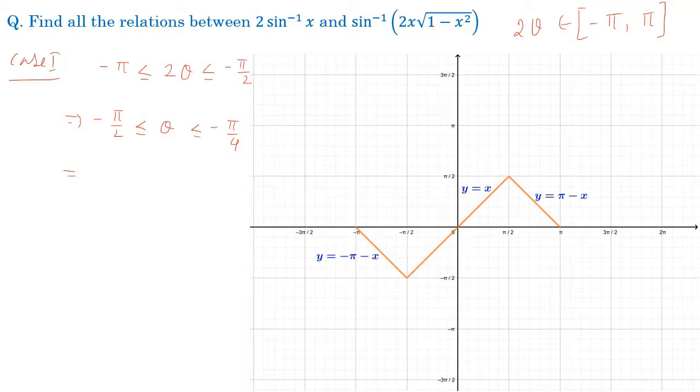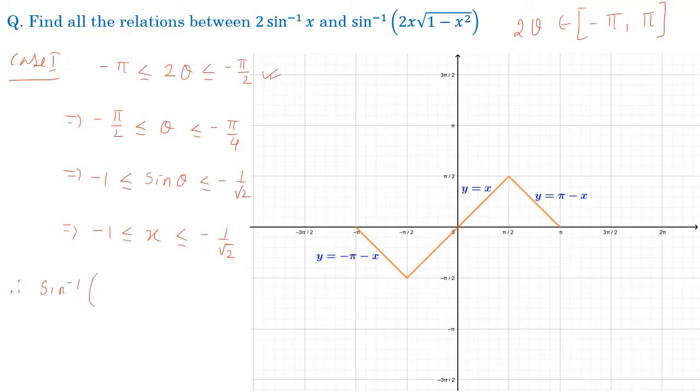Then take sine in all of these terms. So sine of minus pi by 2 will give us minus 1. Sine is an increasing function, so the inequality sign remains the same, and it is sine theta. Sine of minus pi by 4 is minus 1 upon root 2, which implies minus 1 less than or equal to x, taking sine theta as x, less than or equal to minus 1 by root 2. So x will be between minus 1 and minus 1 by root 2, and in that case 2 theta is lying between this length,